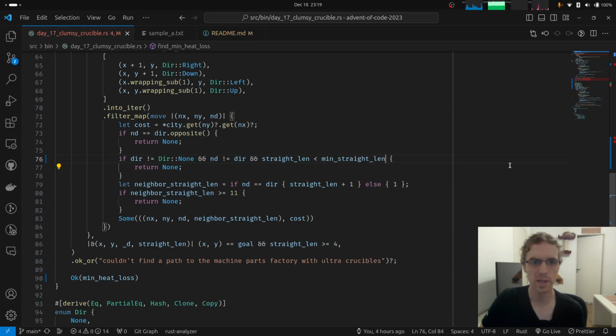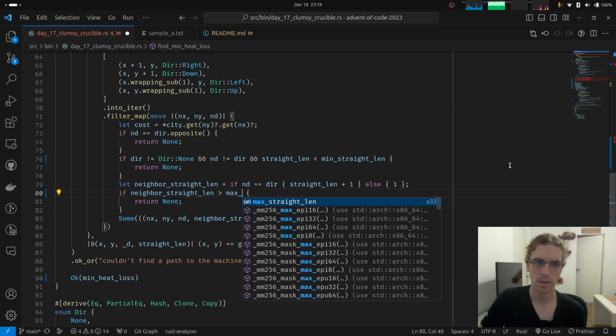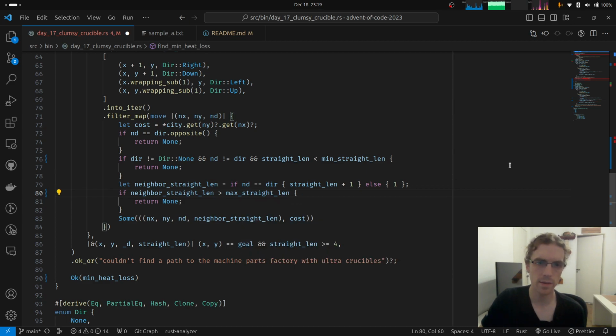If it's less than the minimum and we want to turn, let's say no, we cannot turn. And the other case is that if we want to keep going the same direction and it's more than the maximum, max straight length, then we also say no.